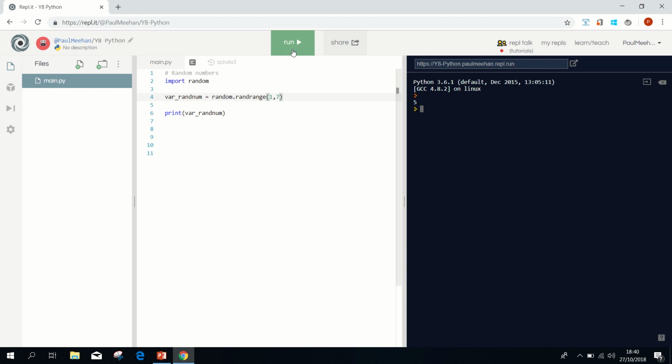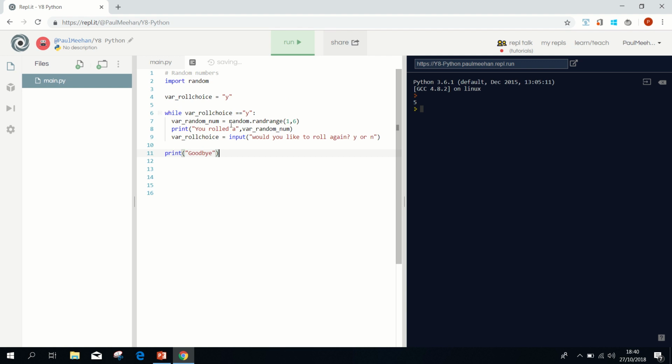So what it's doing, each time I run the program, is creating a variable which is assigned a random number from a range of between 1 and 7, and then we're outputting that variable using the print statement. Okay, so that's very basic stuff. I'm going to copy and paste in a short program I've written, which is a dice roll. So we're going to use what we did last time,